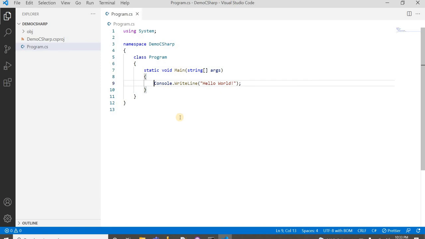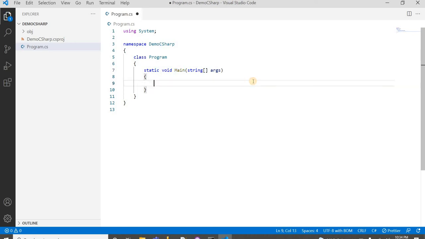Code. So this is the Program.cs file, which contains one namespace, and the namespace name is demo C#, which matches the project name, and then the class name is Program. So in the starting I will not go inside the namespace, class, or any method, like here the method name is Main, because we will go step by step. First of all we will learn about the variables.